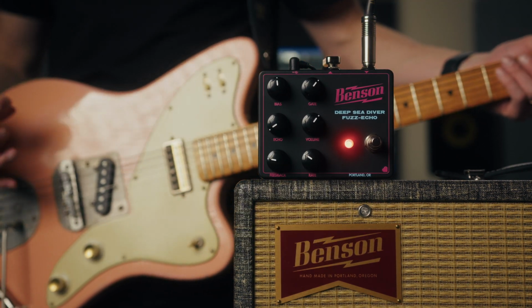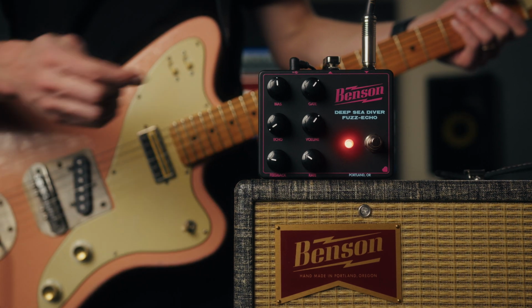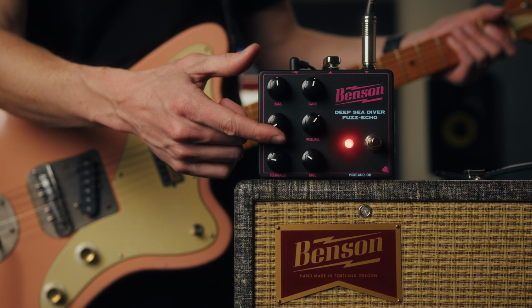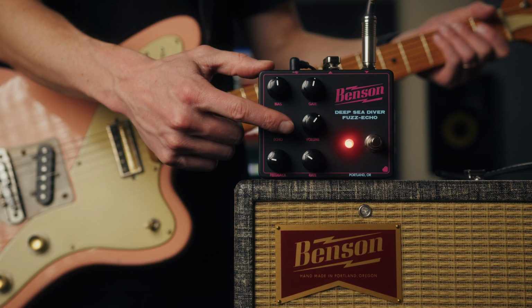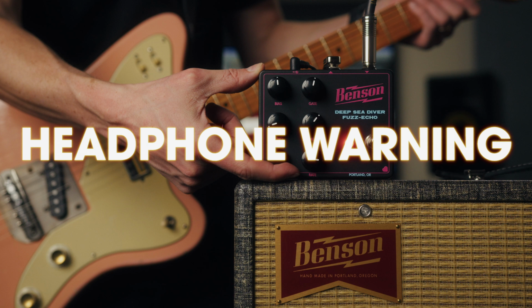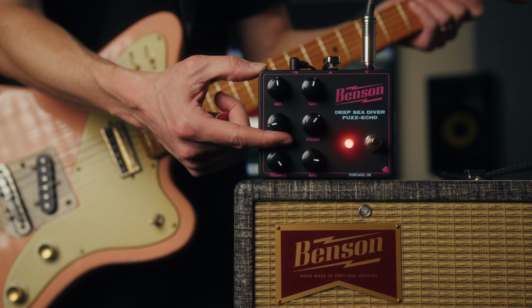As we walk into some of these crazier fuzz sounds, a thing I want to highlight is the relationship between this gate control and the ability to override oscillation on the Fuzz Echo in a really interesting way. So if we go ahead and push this into full oscillation,